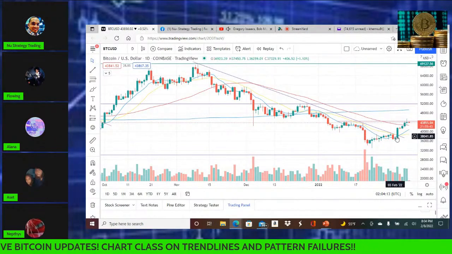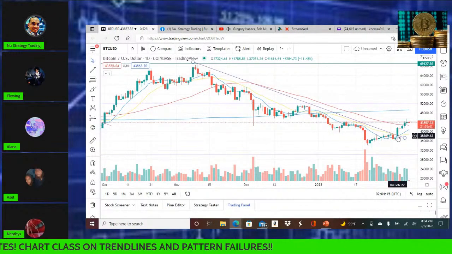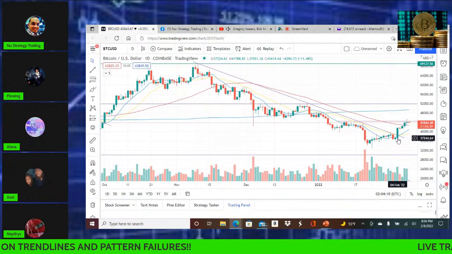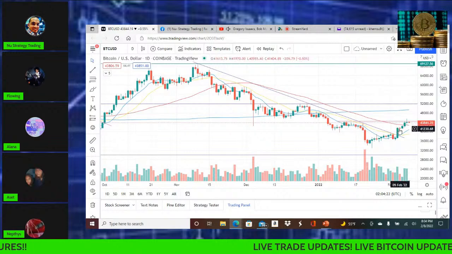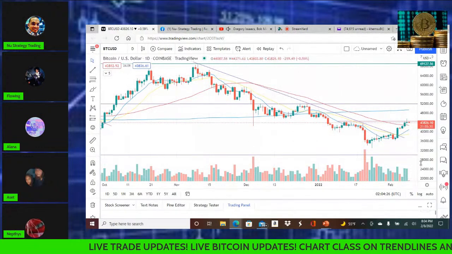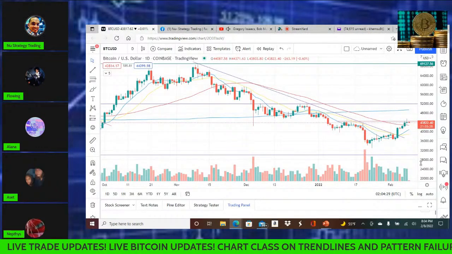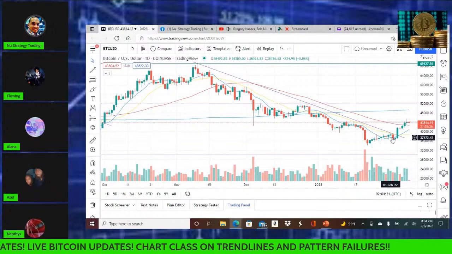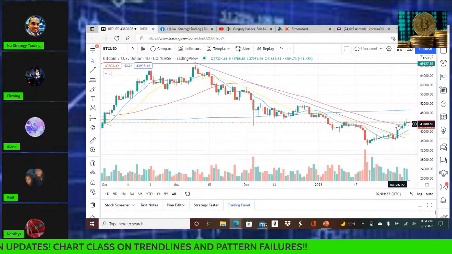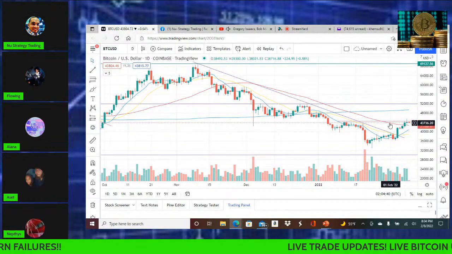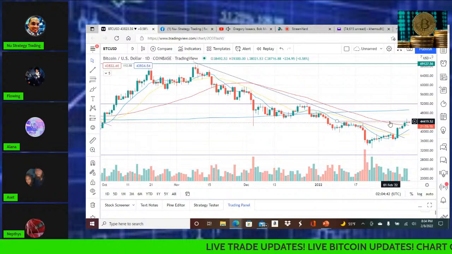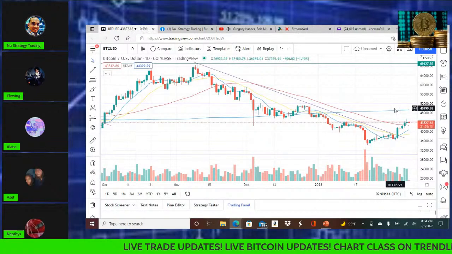Now, we noticed this date, February 4th, when we notified everybody that it broke that trend line, and we began to make major buys around 41,000. Of course, Bitcoin now is at 43.8, and it hit a high of 45. Now, it's broken the trend line. It's also broken the red 50-period moving average. All right, it's probably working on building a base right here around this 44, 45 level, and then it will eventually break above that.